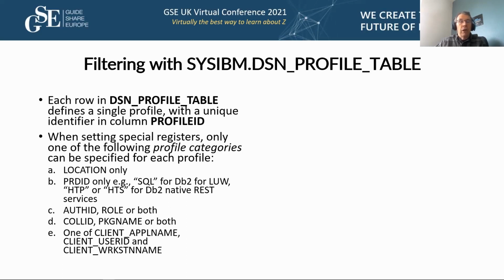So only one of the following profile categories can be specified for each profile. So in other words, when you insert a row, you must insert a row that has a